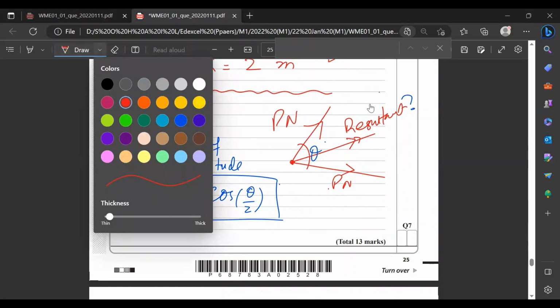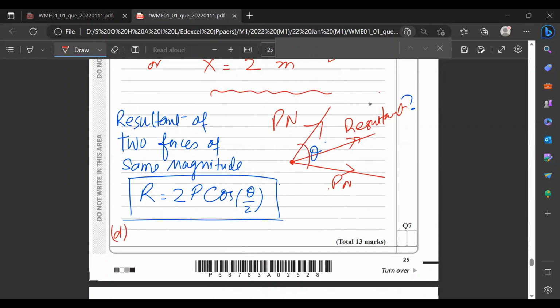So for part D, the comment is: tension will be the same throughout a section of